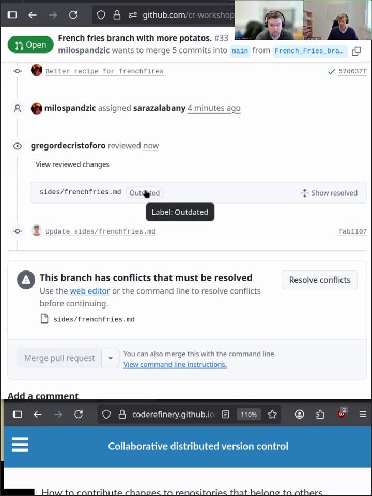So this makes it much faster to suggest changes to the code than doing it back and forth. Yeah, you telling the person who created the pull request what to do, then the person has to do it. You can just create it right away with this plus minus sign. I am a bit surprised that I didn't see it the first time I clicked on it. So I'm not entirely sure whether that's because I'm zoomed in so far again.